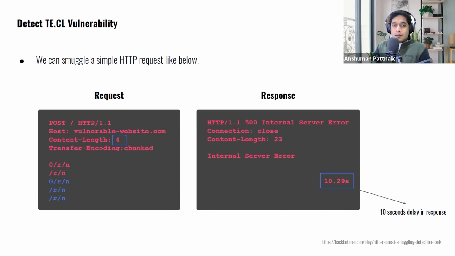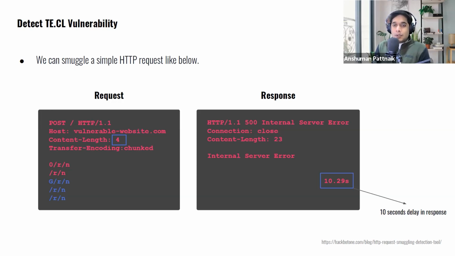Now similarly for TE.CL, the front-end server processes the first chunk, and the chunk size is 0, which means it will terminate the request and forward only part of this request. Next, the backend server uses the content length header, which has a length of 4, and waits for more content to arrive. That will cause a delay in response, similar to what we have seen in CL.TE.